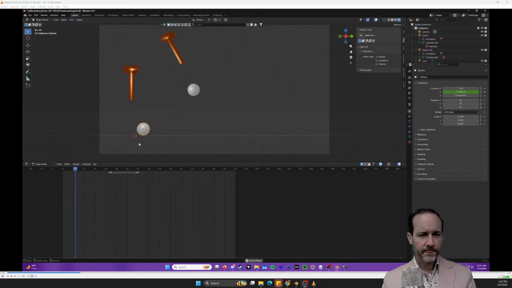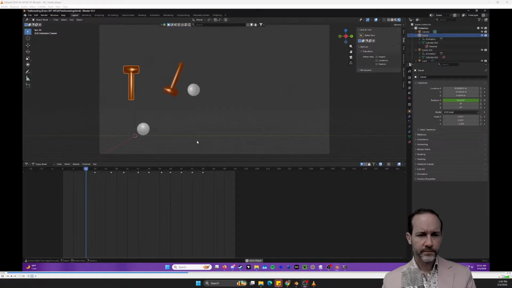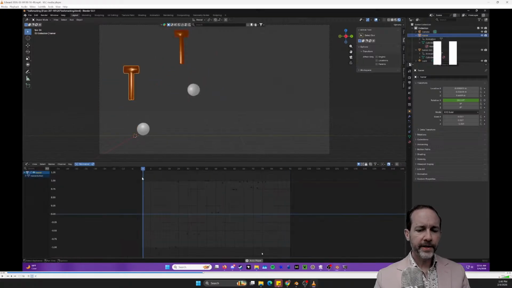The heavy ball only has a couple of ones for when it gets impacted, and then the light ball only moves after being impacted and then keeps going for a little bit. The heavy hammer also has quite a few, mostly just for the swinging. The light hammer also has quite a few because it made contact with the small ball a couple of times. Okay, interesting.